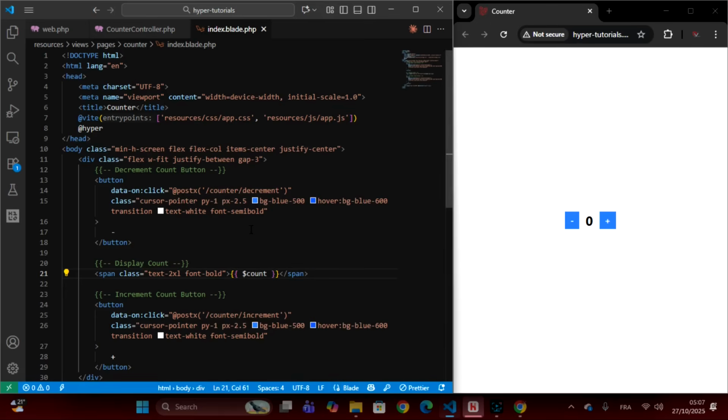So the goal now will be to update at the level of clicking to increment, for example, to update this span, only this span, sending in the new value of count right here. How will I possibly achieve that? Well, with